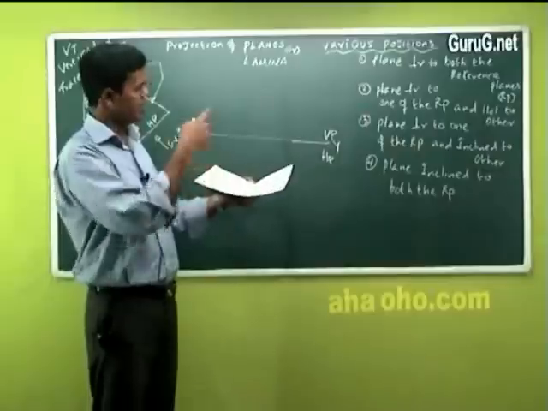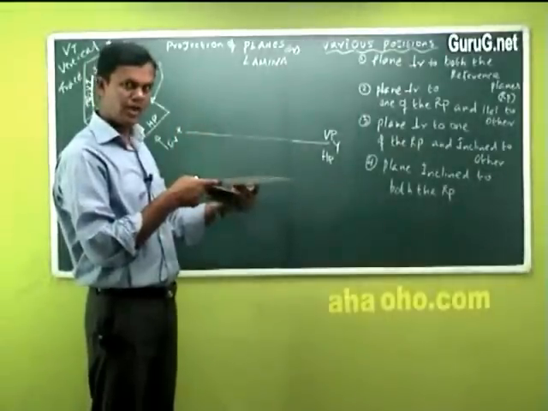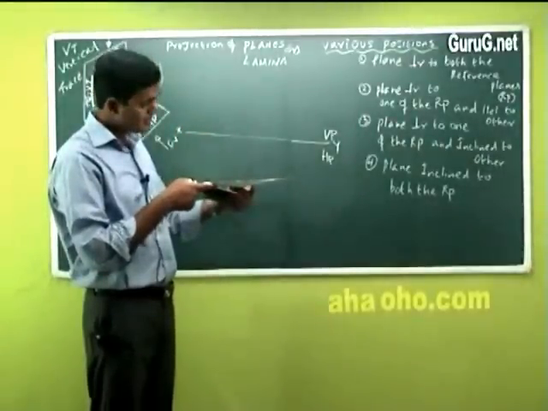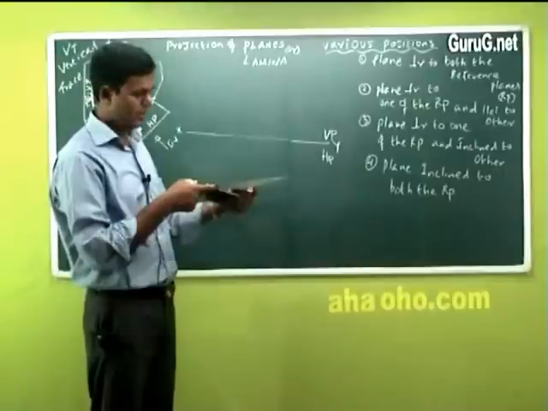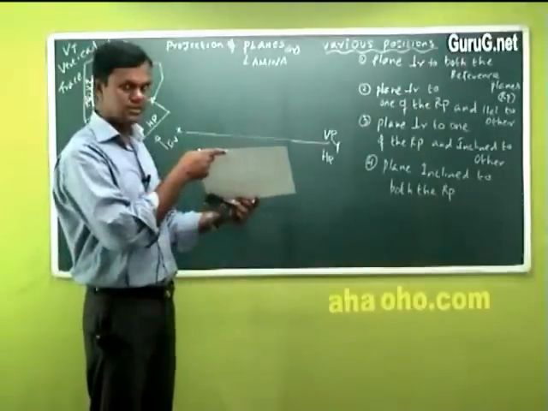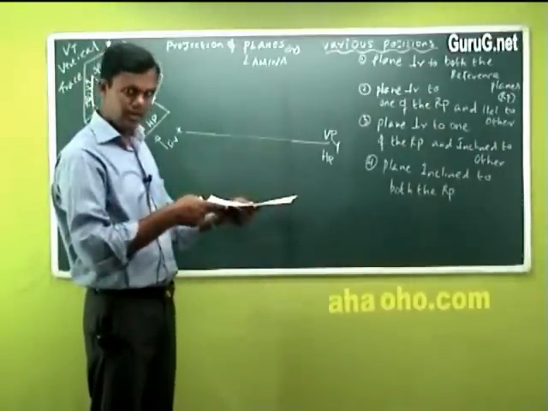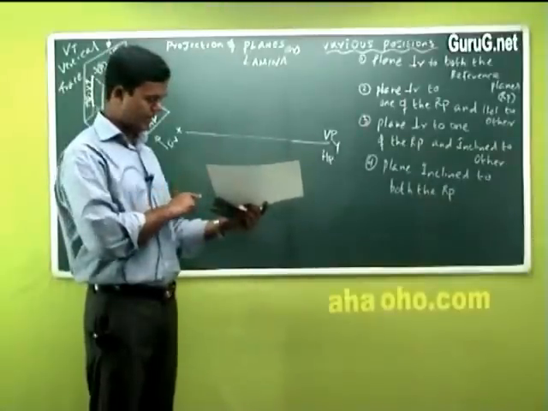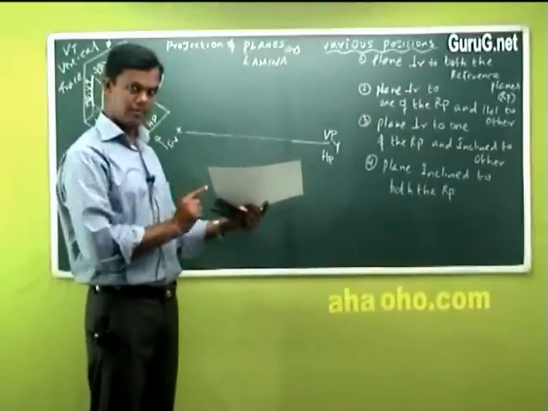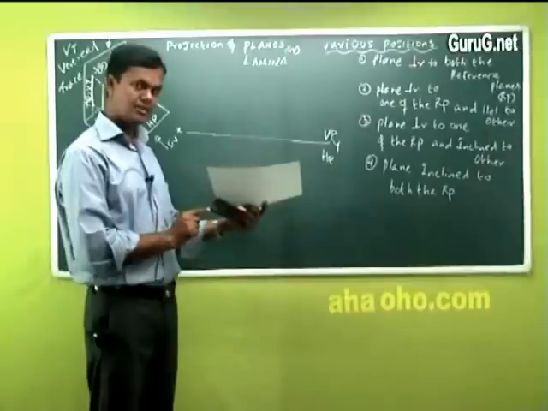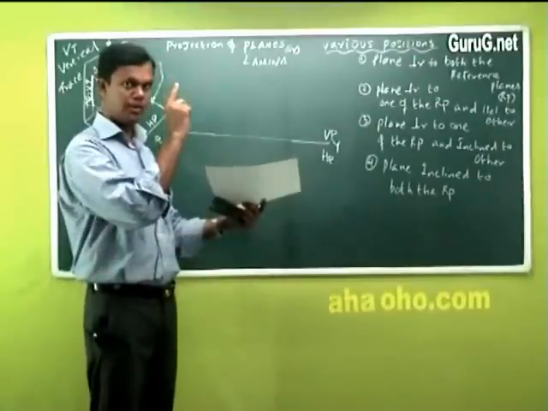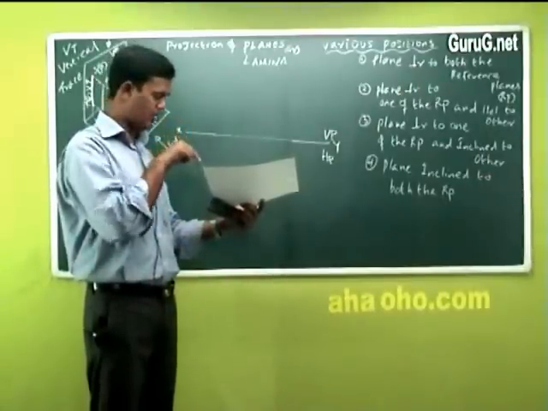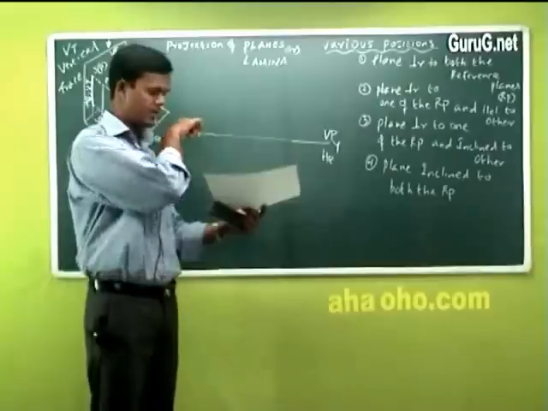You just see, perpendicular to VP. Okay? But it is inclined to the other. Inclined means I'll say it is like this. The whole body is being tilted like this. That means I have an inclination or tilting position here. From where can I see this? From the top, can I see this tilting here? No, I can see this point and this point. You cannot see. You just make it a line.